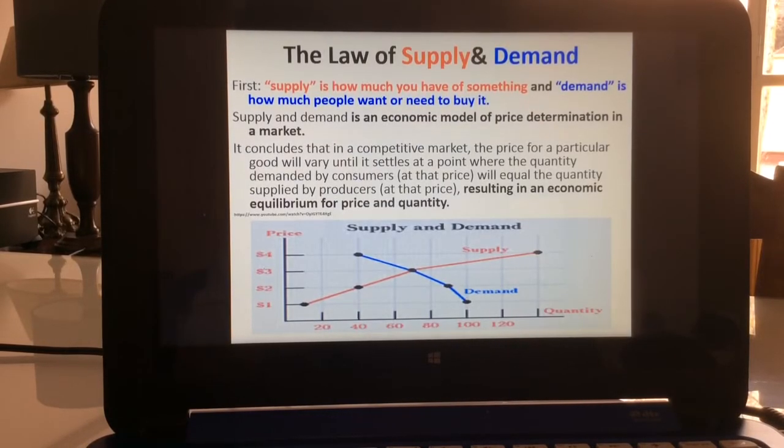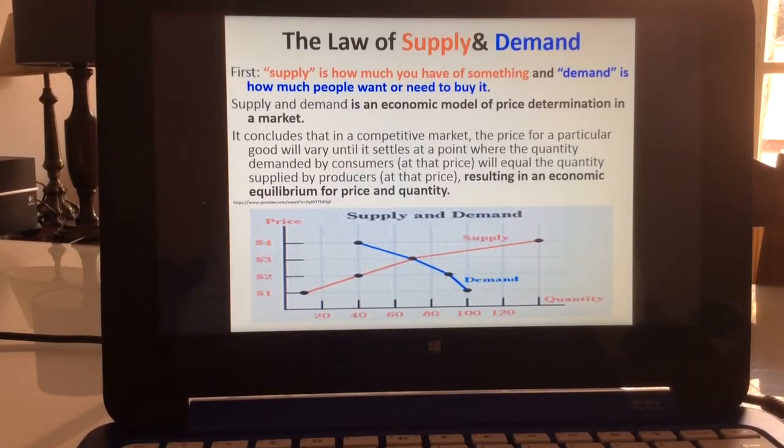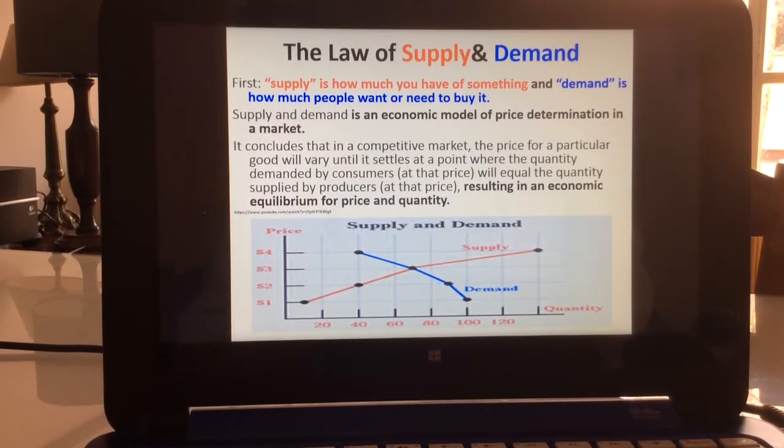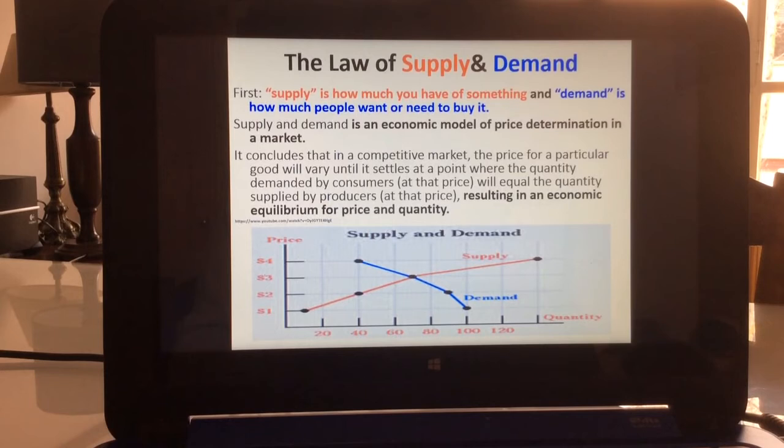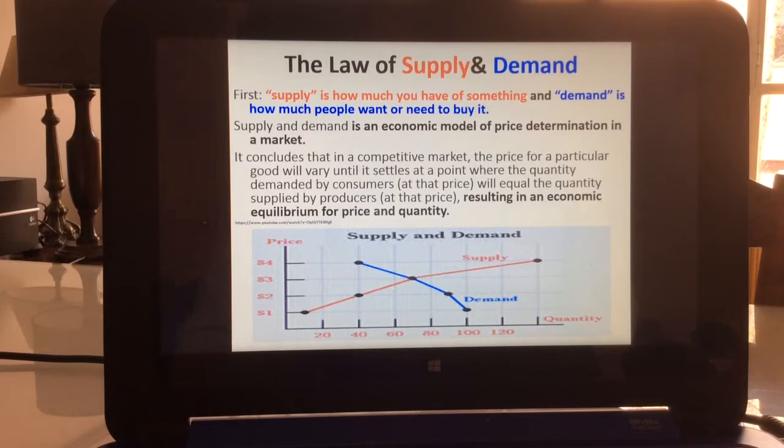Okay. You have to have the law of supply and demand super, super, super clear. We talked about it a lot in class, and I think that you have it. So supply is how much you have of something, and demand is how much people want or need to buy it. Basically, a good way to begin answering this question, because this question is on the exam, is that supply